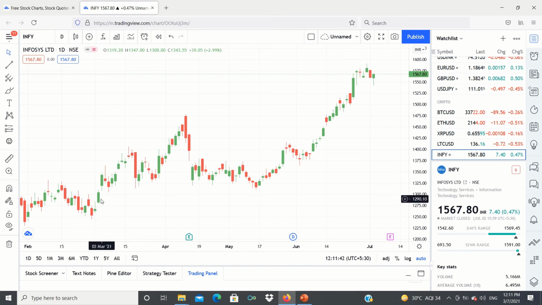So 1, 2, 3, these are bullish days for Infosys. Here you saw the bearish, here you see the bullish. That's how basically you try to understand the trend. Like you keep hearing those words, right? Bullish trend, bearish trend, for a particular index or a particular share. This is how it happens.